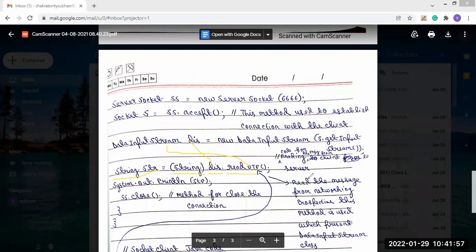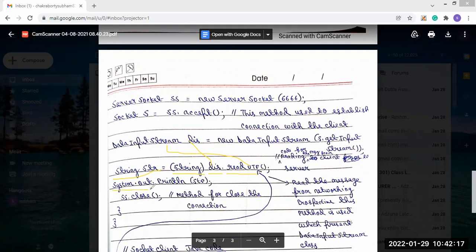So if you want to pass a message and read the message from the networking perspective, then we use the read UTF method. That's why we call the read UTF method with the object of the DataInputStream class.